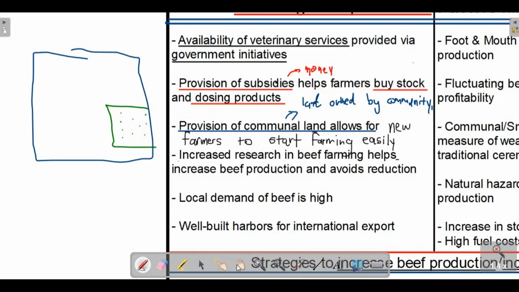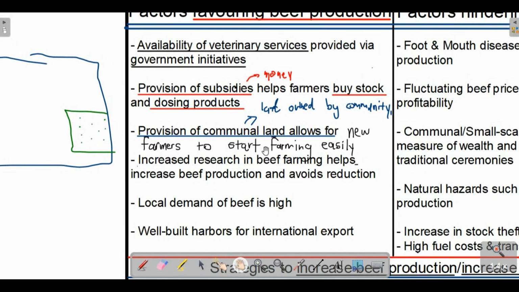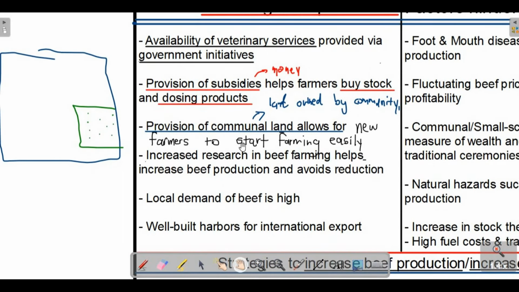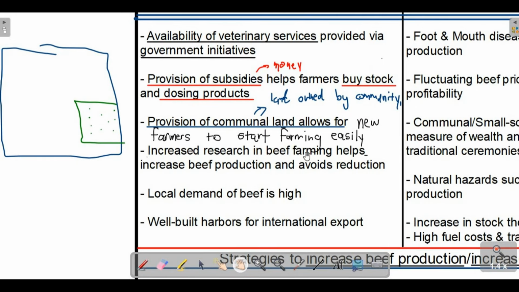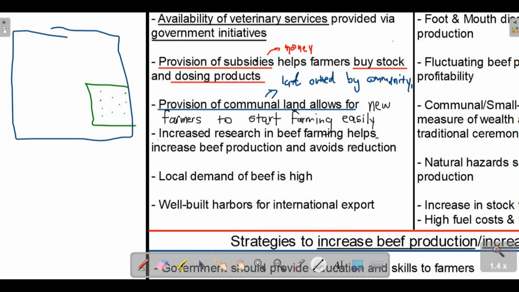You don't have to stress about capital to buy land. The land is for everyone. Okay, so that's what we mean there. So that is good for someone who's starting, and it could go a long way. And then we also have increased research. Okay, so the increased research in beef farming, it helps